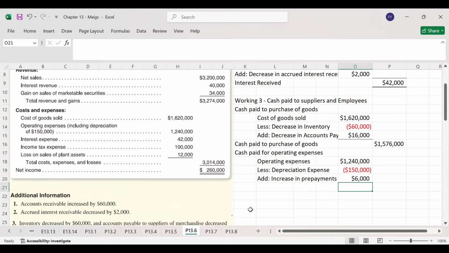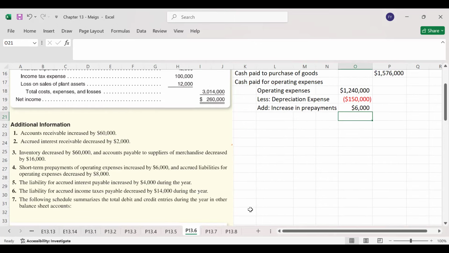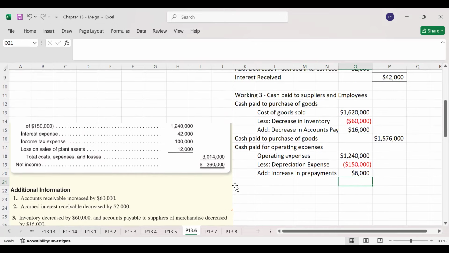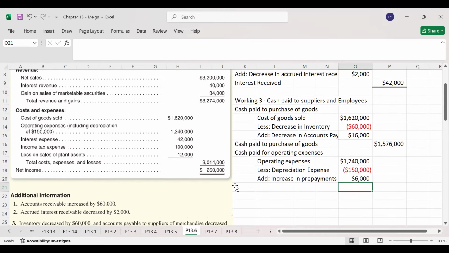So here we have $6,000. And in last, we can check if there is any increase or decrease in accrued liabilities for operating expenses. So here in point number 4, accrued liabilities for operating expenses are decreased by 8,000. So if we have any increase or decrease in accrued liabilities,